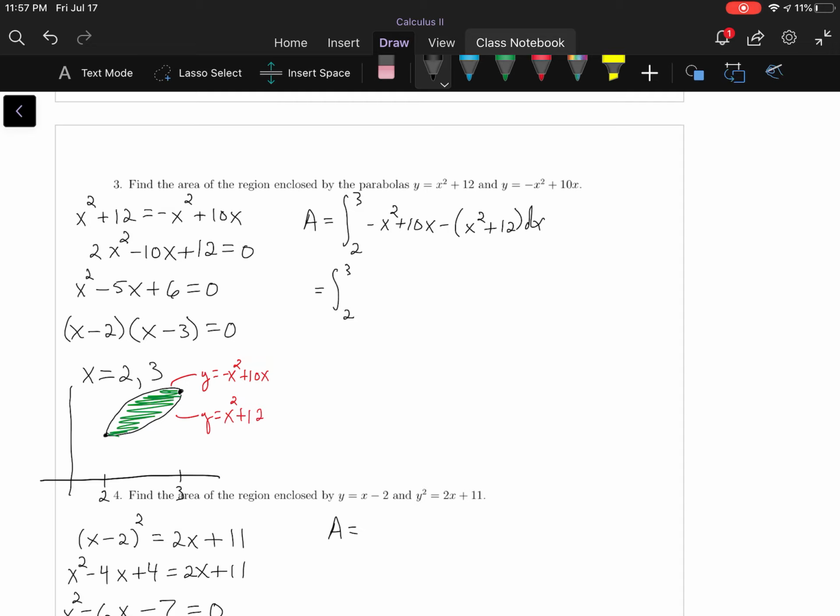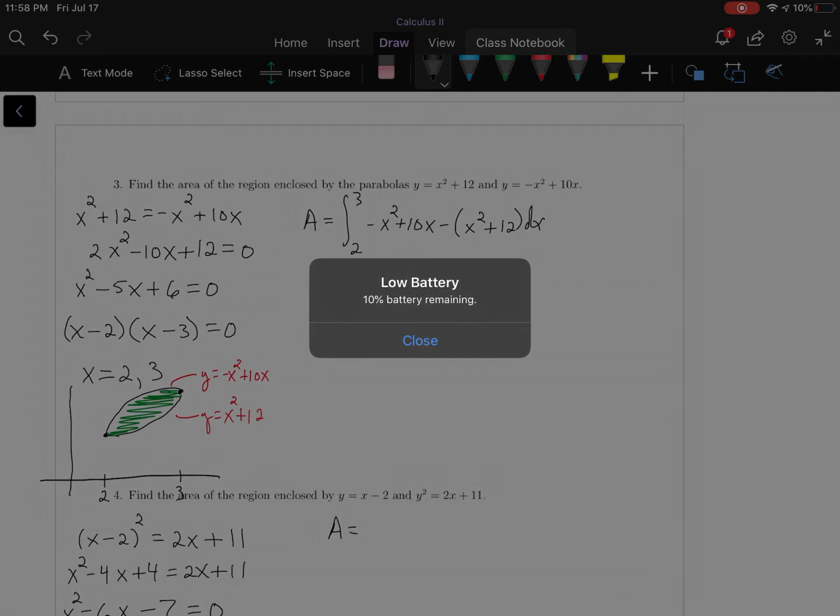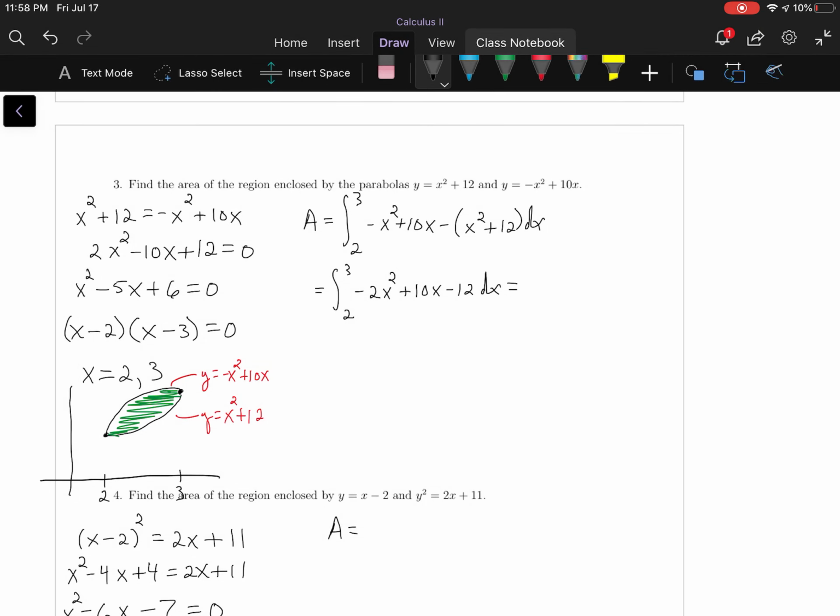This simplifies a little bit to minus 2x squared plus 10x minus 12, which when you integrate, we get negative 2/3 x cubed plus 5x squared minus 12x. Evaluating that from 2 to 3,